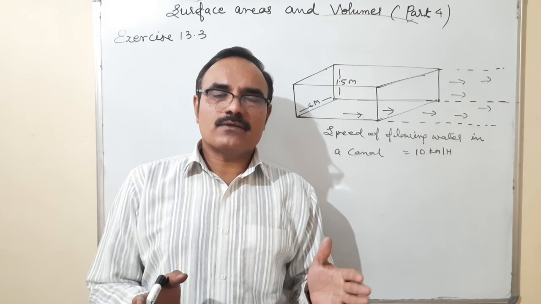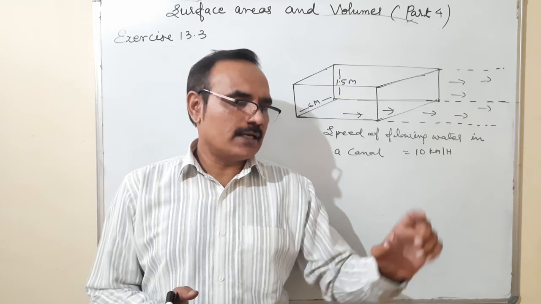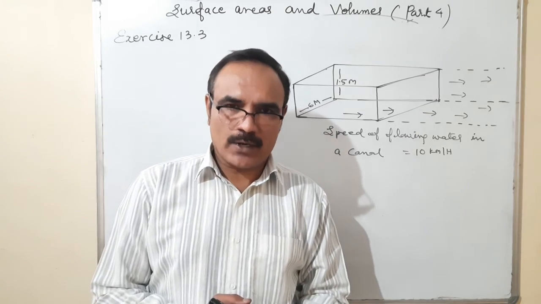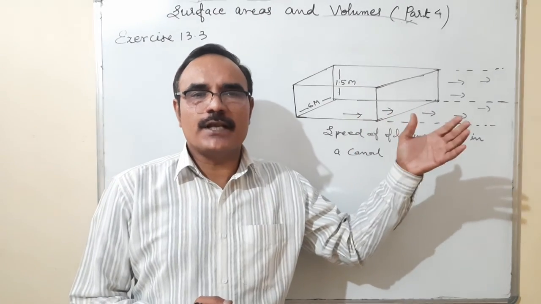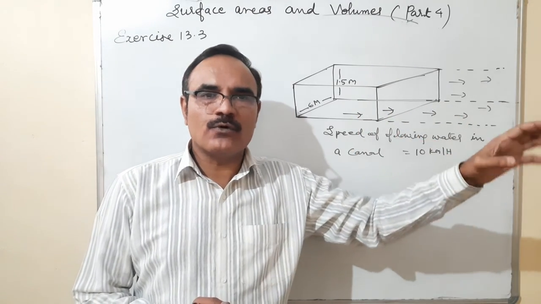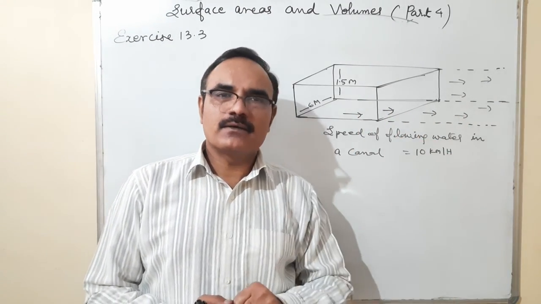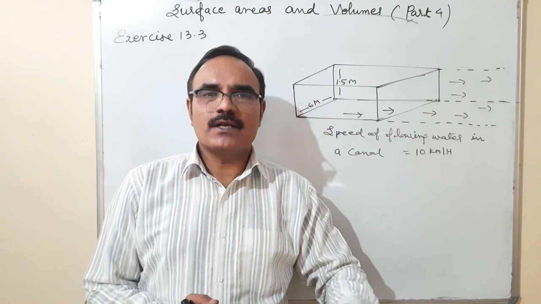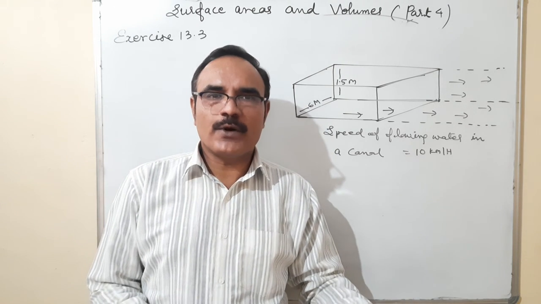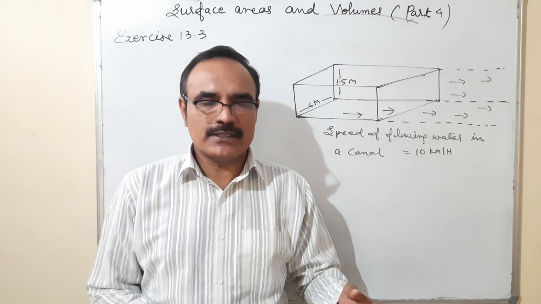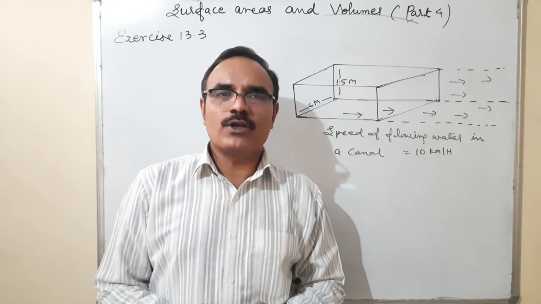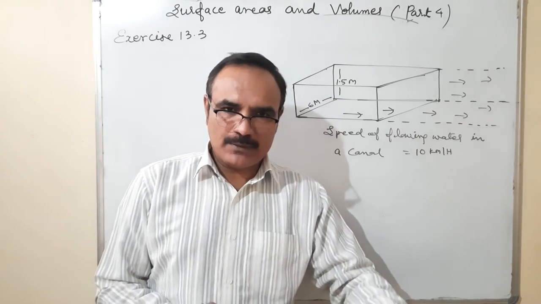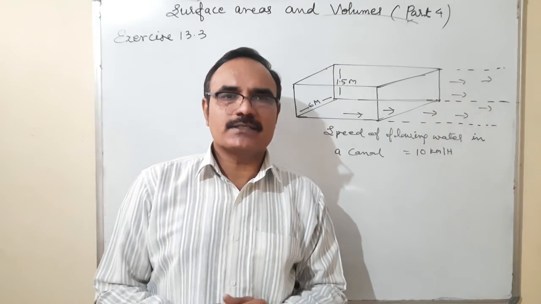For the irrigation, the condition is that 8 centimeter standing water is required. So the amount of water which has flown in 30 minutes is to be poured in a field. This field may be rectangular or circular or cuboidal, whichever type of field it is. But you know that the volume of anything is area of base multiplied by height. Height is given 8 centimeter.